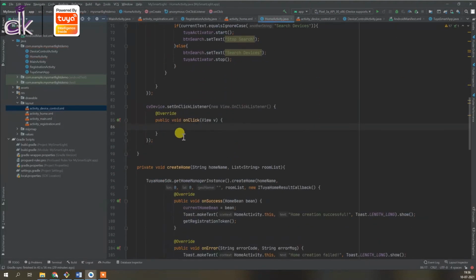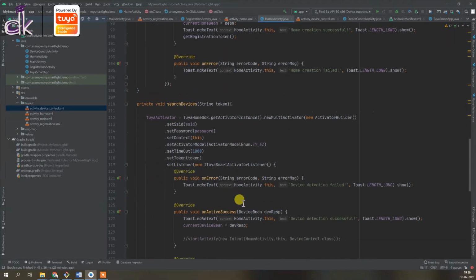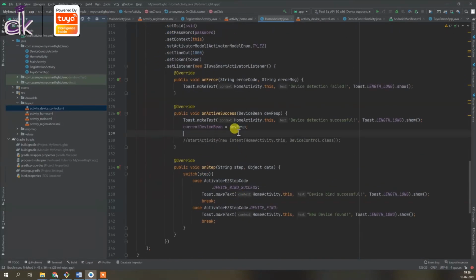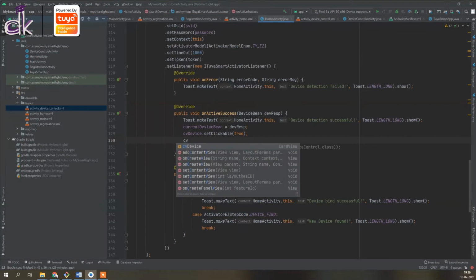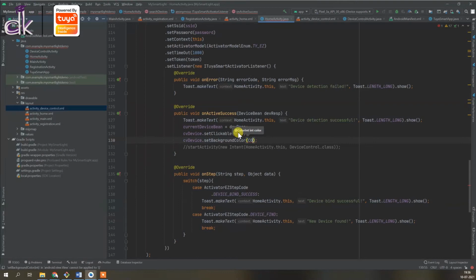Okay, now if you remember, the card view was actually set to clickable false and the background color was set to light gray, right? So we need to change this once the devices are detected. So here you need to put cv device dot set clickable to true, and also cv device dot set background color to white.